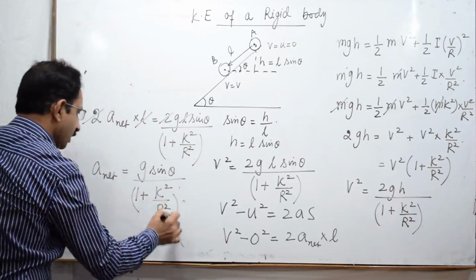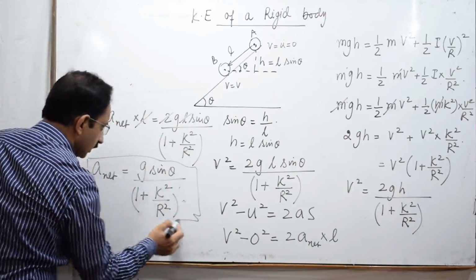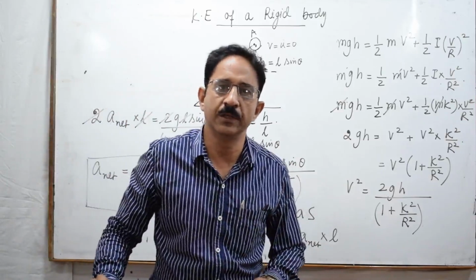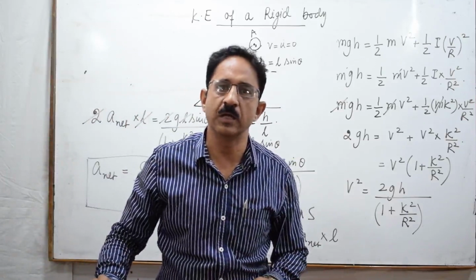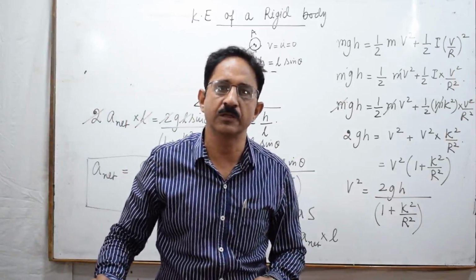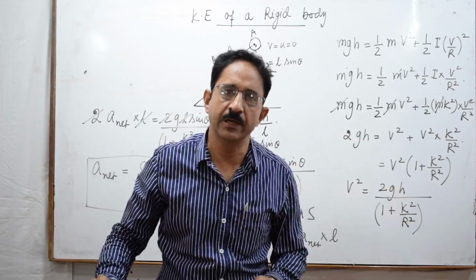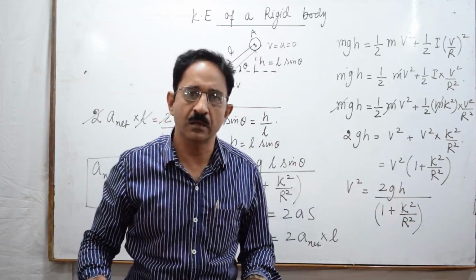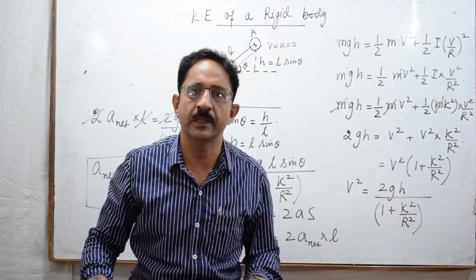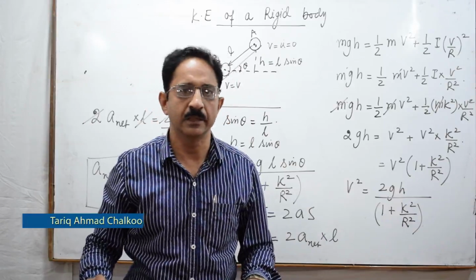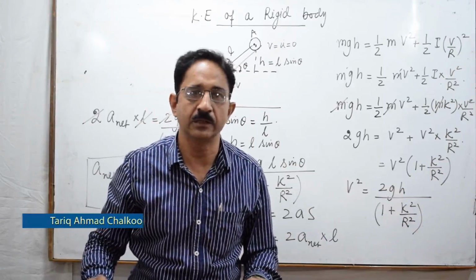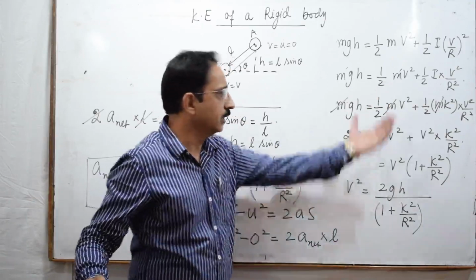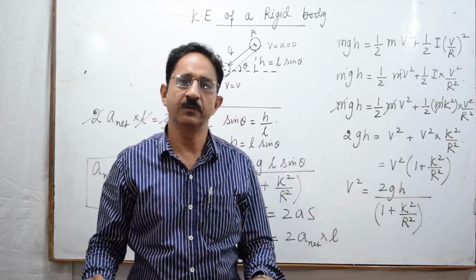Here is the expression जो हमने already derive किया हुआ है. The only change is that this expression we have arrived on the basis of law of conservation of energy. We see that as the body rolls down the inclined plane, there is a loss in potential energy and there is a corresponding gain in the kinetic energy. The only change now is that this gain of kinetic energy is not only in terms of the translational kinetic energy, there is another component of the kinetic energy in this case, that is rotational kinetic energy, and this can be assumed as a very important type of relation in the terms of the phenomena which we see in day-to-day